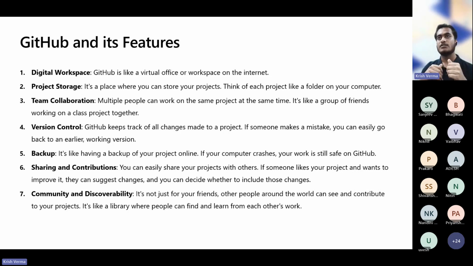You cannot share your code with others by creating a document or txt file, right? So what you do is you upload your code to GitHub so that it is accessible to your other teammates. Without GitHub, what will happen, you develop something, for example,